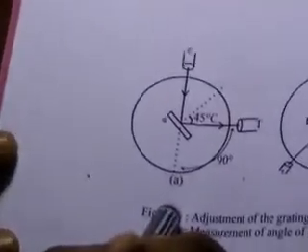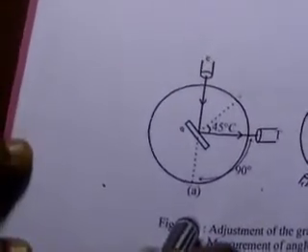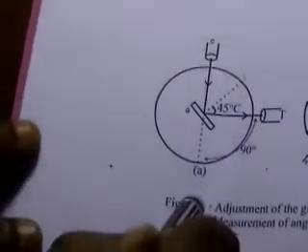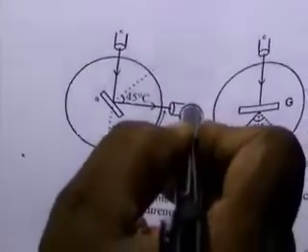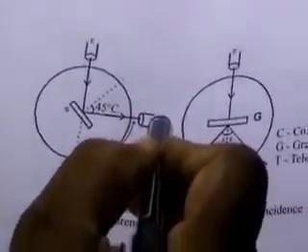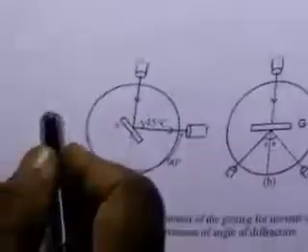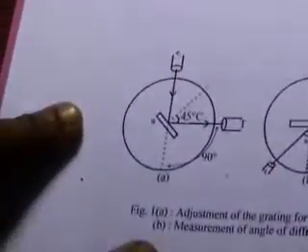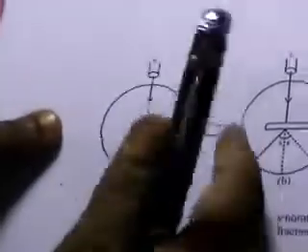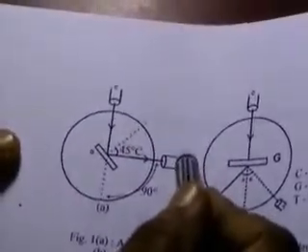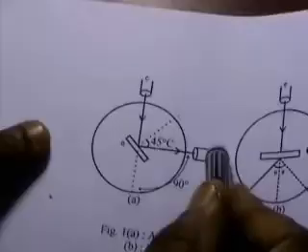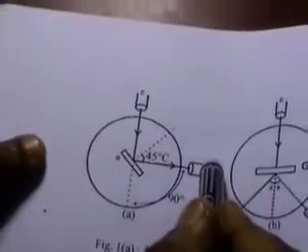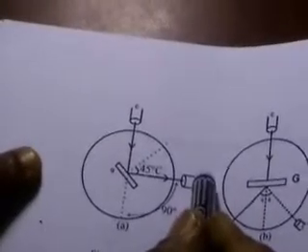For adjusting for normal incidence technically, what we do is we place the telescope at 90 degrees. That is, we have 0 as one of the direct readings now. So loosen the telescope main screw, rotate it freely and keep it in a position so that it reads 90 degrees. Now it means that